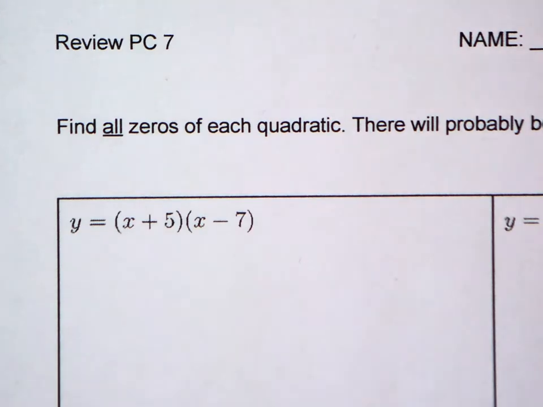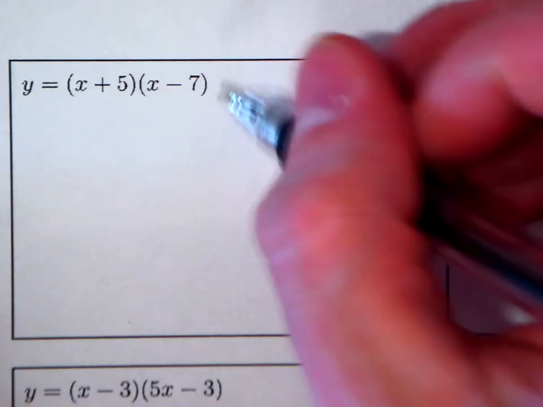Today we're going to do a review for PC7. The goal is to find all the zeros for each quadratic. We're not concerned about the vertices, like last week, only the zeros. So for a problem like this, we're going to take whatever is in each set of parentheses and set it